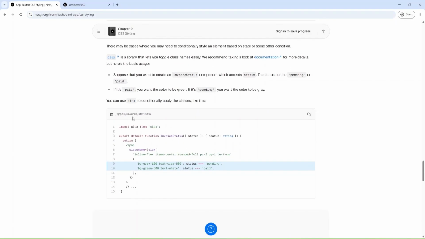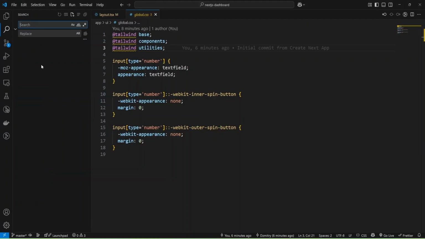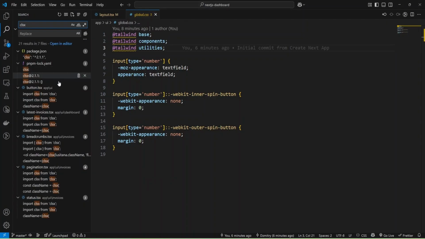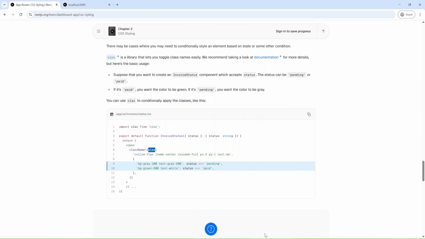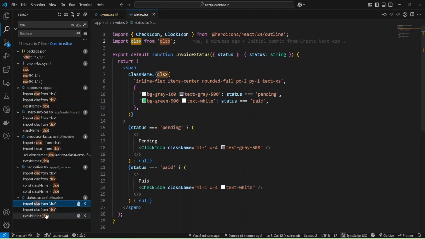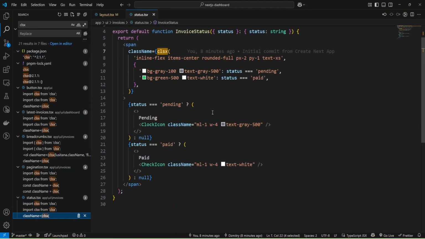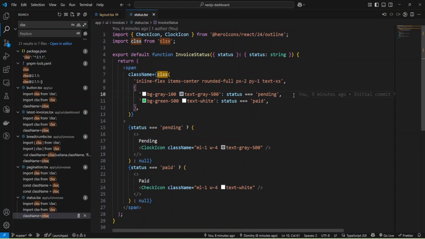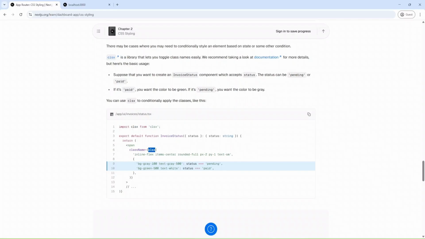And inside invoices status.tsx, we can add this code. And let me probably find this code with search. Okay, and we need status. Okay, and they've added some code. And as you can see, we have these styles, and let's check.